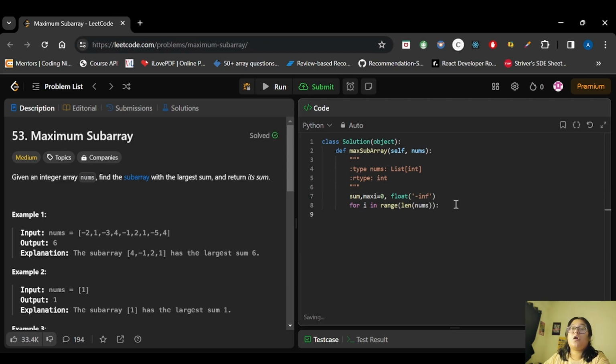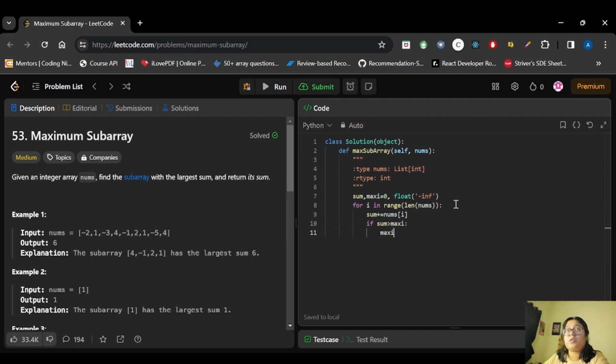Now what we will do, first we will add the value to our sum. So sum plus equals nums of i. After this we will compare. If sum is greater than maxi, we will assign sum to maxi. After this we will check if sum is less than 0, we will make our sum 0 again. After this loop we will return maxi.